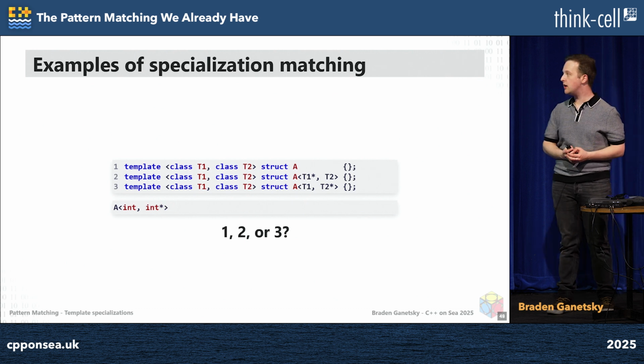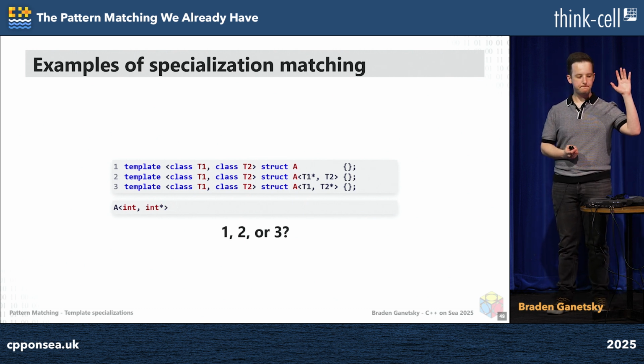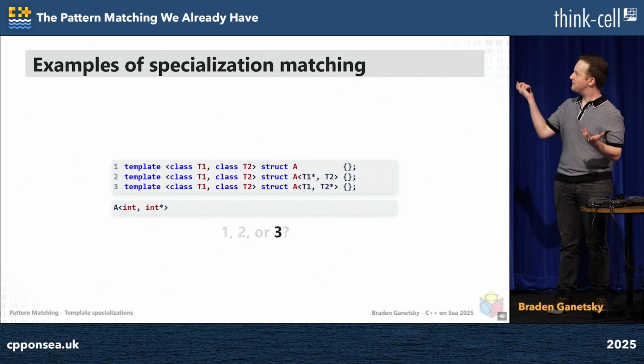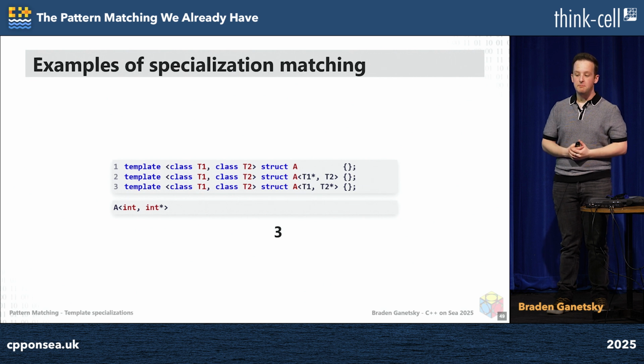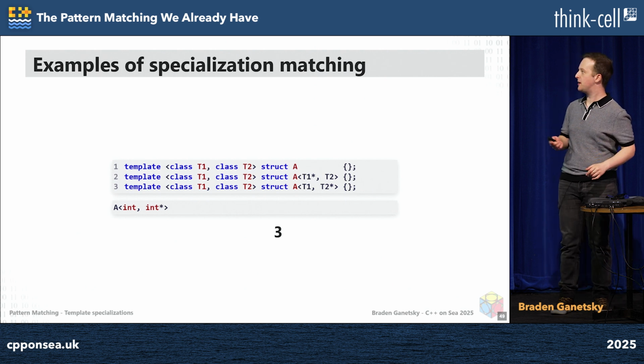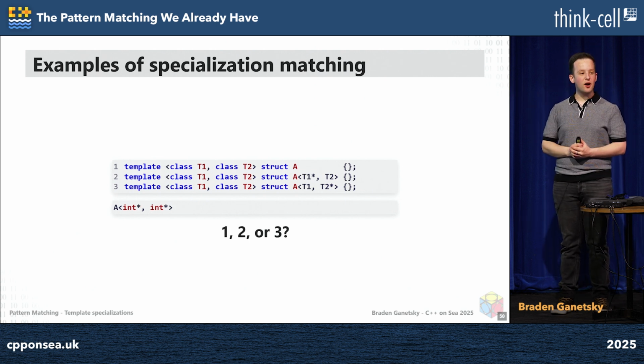What about this one? Int, comma, int star. 1, hands up. OK, 2, hands up. Or 3, hands up. Nice, you guys are getting the hang of this. Great, OK, yeah, it's 3. Makes sense. Because again, it matches the same form. You can visually see, right? These are, you know, what? Low balls? Fastballs? No, not fastballs. I don't know baseball.